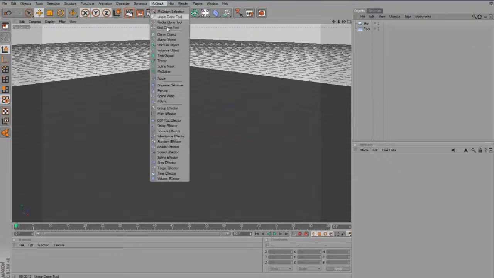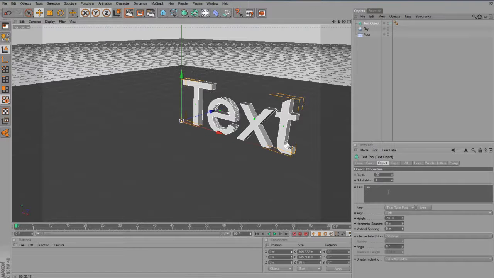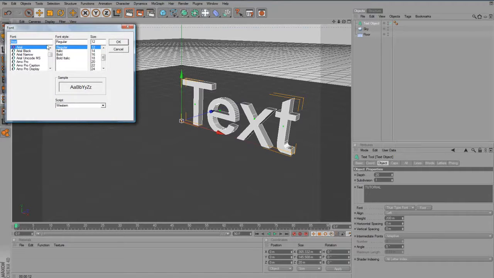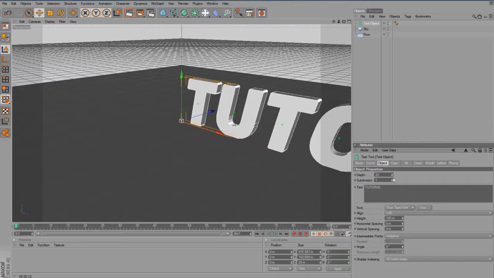So now we want to add some text, like so, and just type in your desired text down here in the attributes panel. I'm going to write tutorial, spelled it wrong. There we go. Change the font, so choose what font you want. There we go. I'll choose this with bold italic. Depth I'll change to 100,